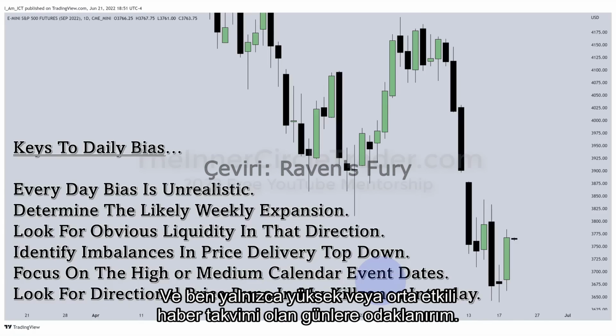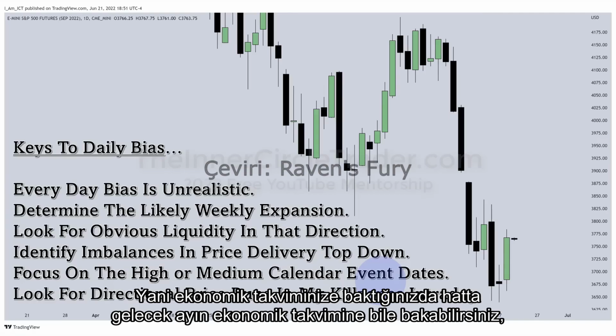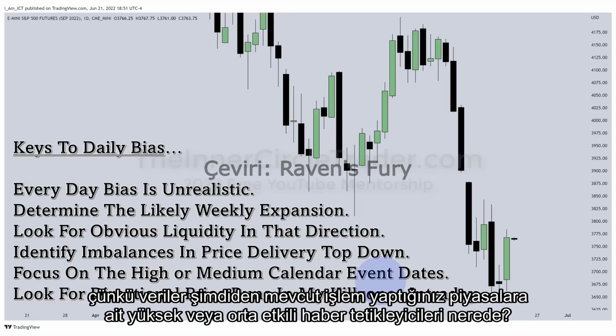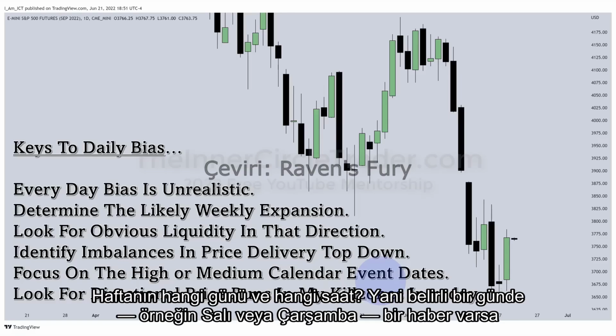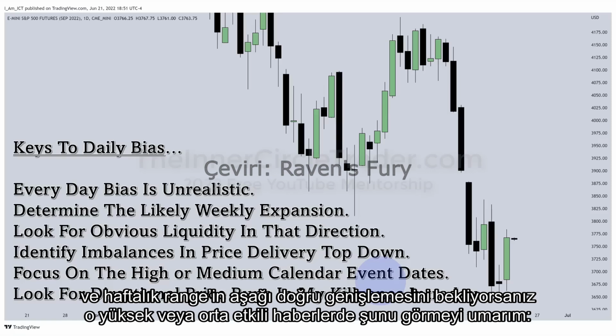And I focus on days that have high or medium impact calendar events only. So if you go through your economic calendar, in fact, you can look at next month's economic calendar. They're already there. Where are the high impact or medium impact news events for the markets that you trade? What day of the week and what time? So if you have a news driver that's coming out on a particular day, say Tuesday or Wednesday,